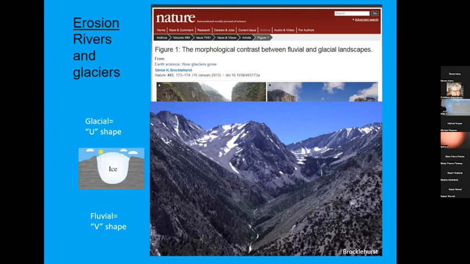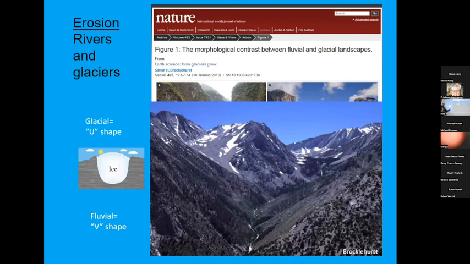Now there's all kinds of other stuff. You have landslides, rockfall, but to me, the two biggest things are how the river networks, maybe not just the rivers themselves, but the whole network, erode down a mountain, and then how glaciers erode. And it's still a current focus of a lot of people, including myself, as I'll mention, how fast these different things erode, the relative importance of one or the other.